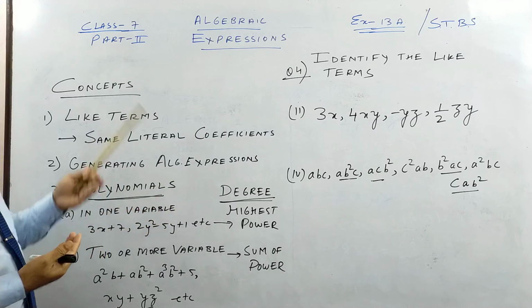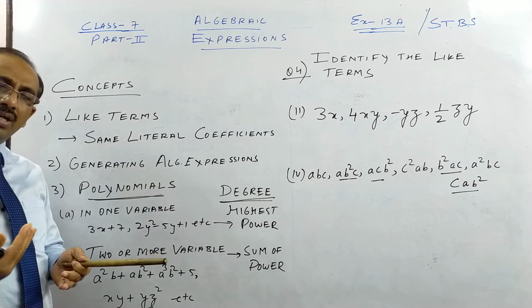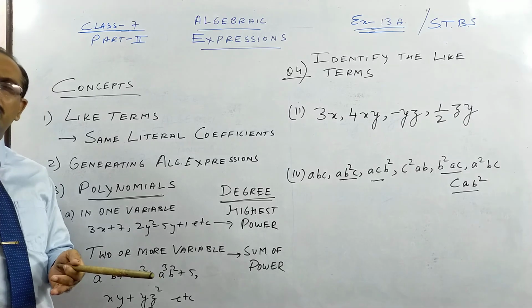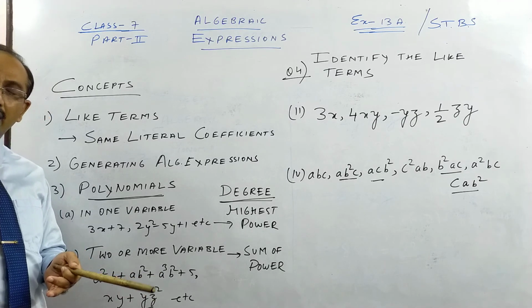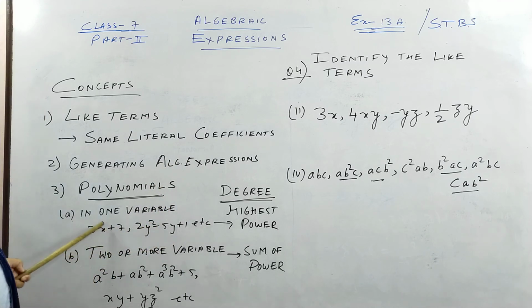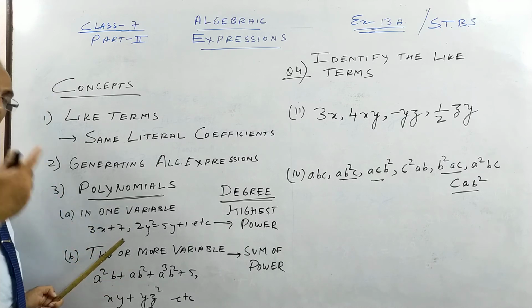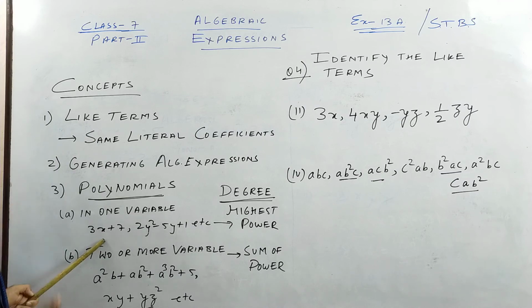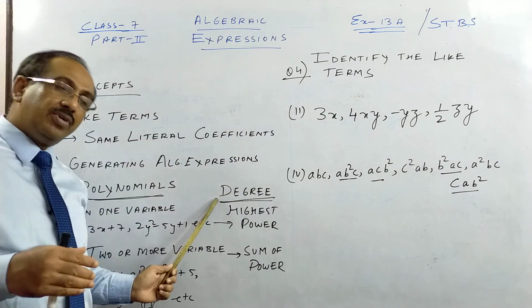For class 7 many chapters that you are doing, I've already got in playlists almost all those chapters in class 6. So if you have time and if your concept is not clear, you can go back and make your foundation strong. Polynomials can be in one variable like x here, y here, and they can be in 2 or more variables. Here there are 3 variables x, y, z. This is in 2 variables a and b. So polynomials can be in one variable like a or x or y, or in 2 or more variables. But a very important thing is called degree. This you have done in class 6.